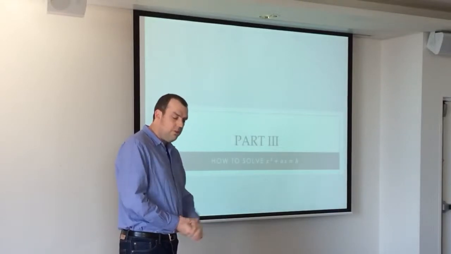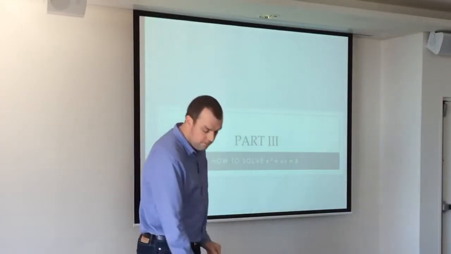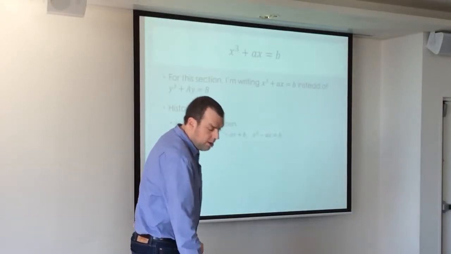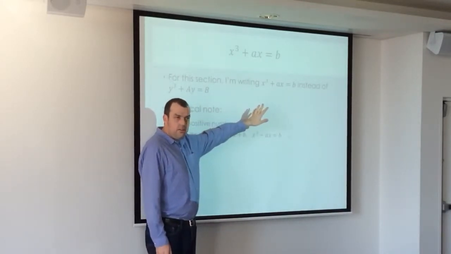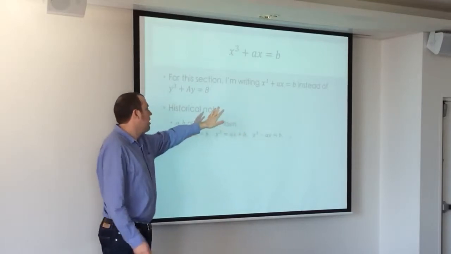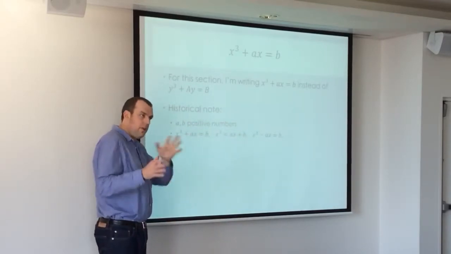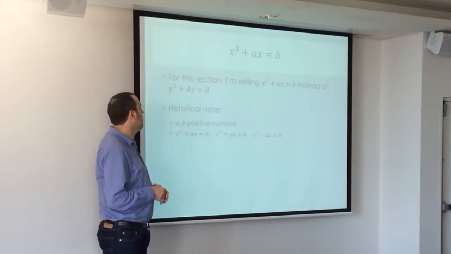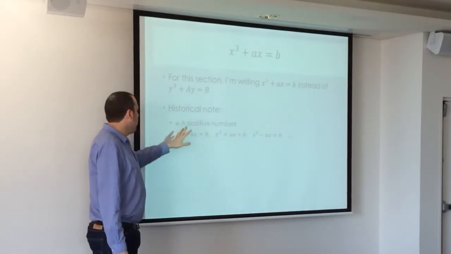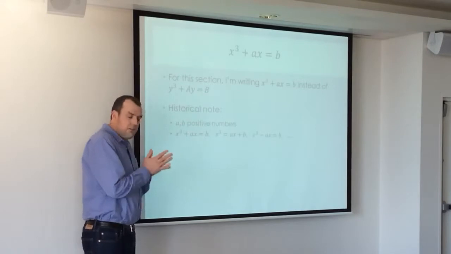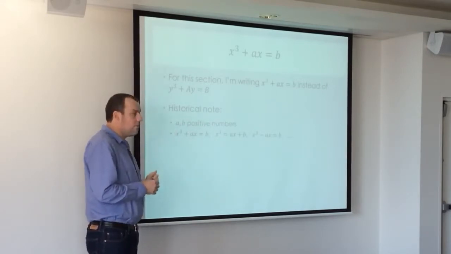How to solve the depressed cubic. So we're deep diving now. I'm going back to x here rather than y because we're now doing it for its own sake rather than as part of a general cubic. And just a historical note, like I said, the 16th century Italians only used positive numbers, and so